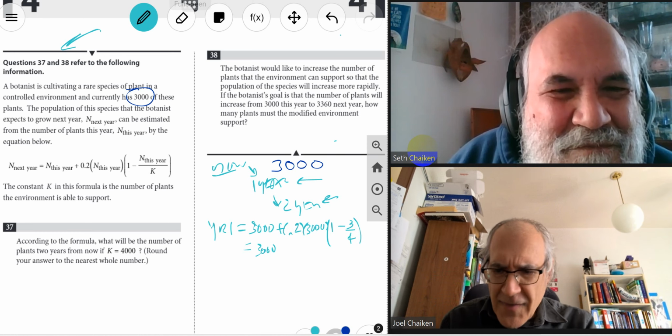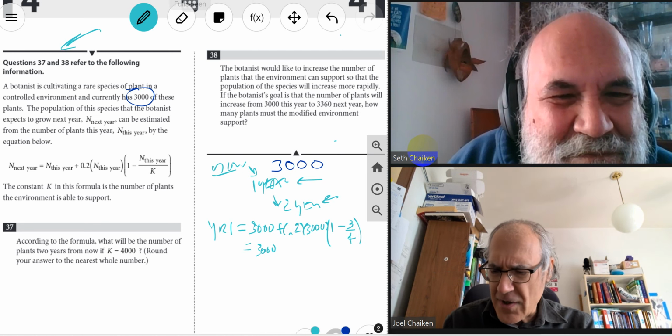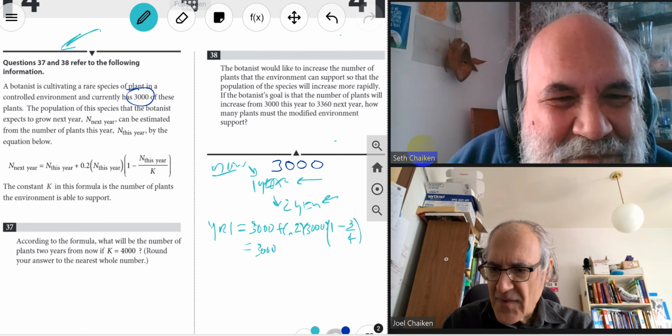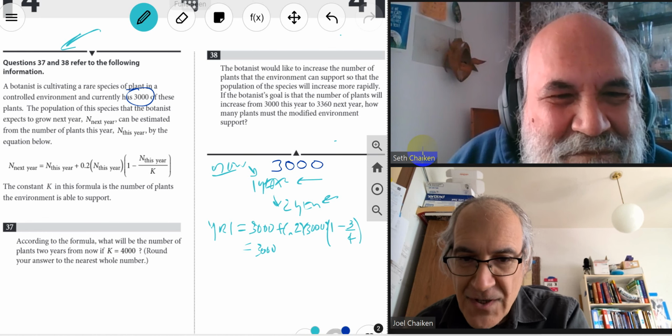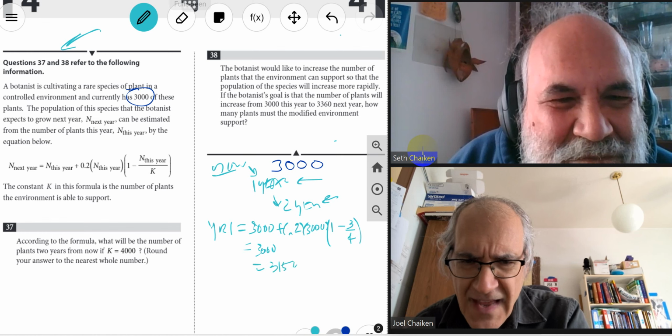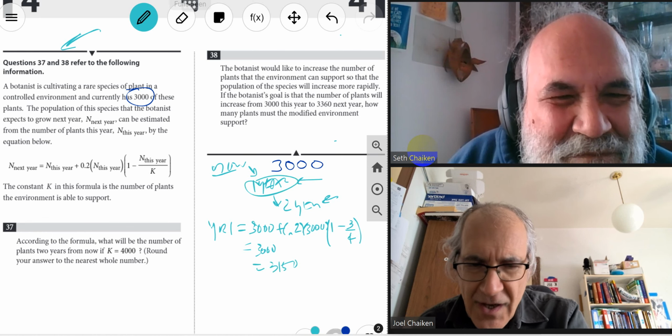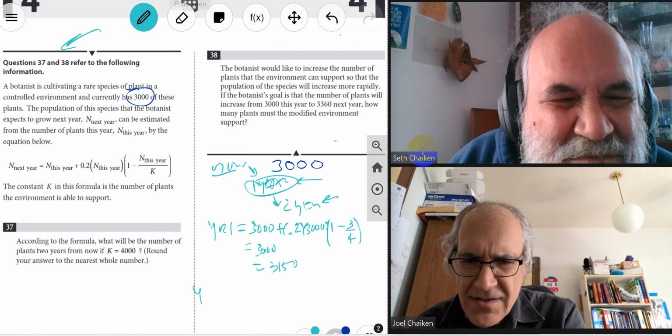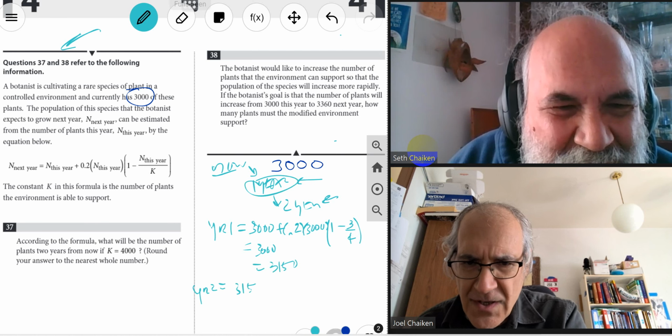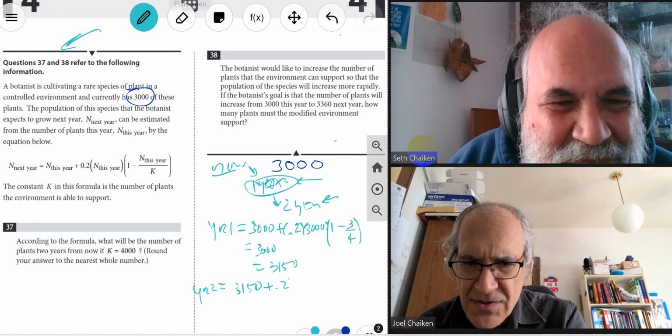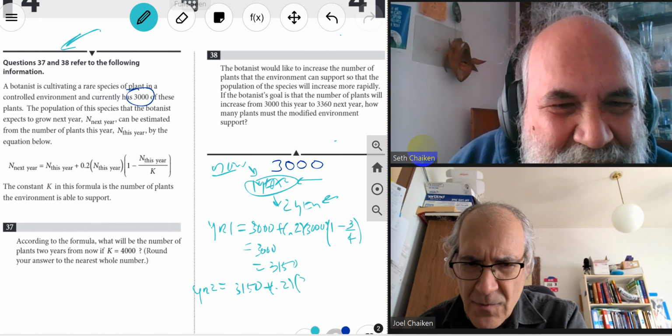Okay, so 1 minus 3/4 is a quarter. So it's a quarter times 3,000 times 0.2 plus 3,000. Okay, 3,150. That's year one. Now, year one goes in as this year again. So year two is equal to 3,150 plus 0.2 times 3,150 times 1 minus